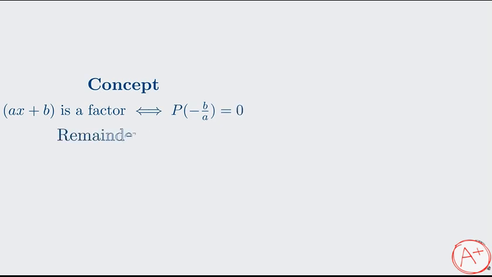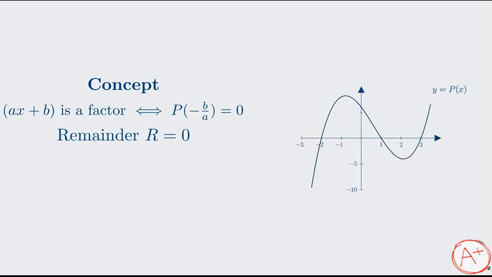The factor theorem is simply a special case of the remainder theorem. It states that a linear expression, ax plus b, is a factor of the polynomial p of x if and only if the remainder is exactly 0. This makes logical sense. If something is a factor, it divides into the polynomial perfectly with nothing left over. Visually, if ax plus b is a factor, then x equals negative b over a is a root or x-intercept